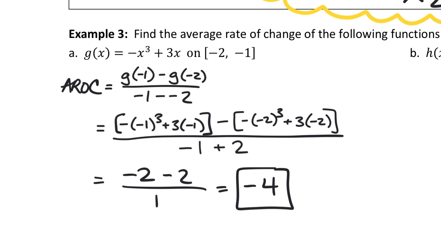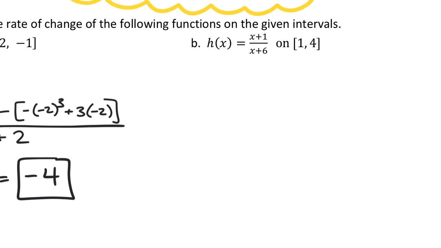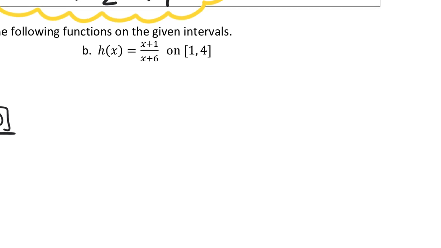I'm going to have you do part B. Well, I'll help you set it up, but you're going to compute it. Are there any questions before we move on to B? All right, B, let's do this one. So this time, what is the name of our function? And what are the x values we're going to determine the interval between? 1 and 4. So if we're finding the average rate of change between 1 and 4 for this rational function,